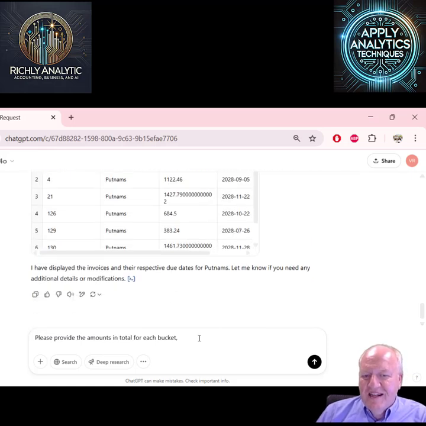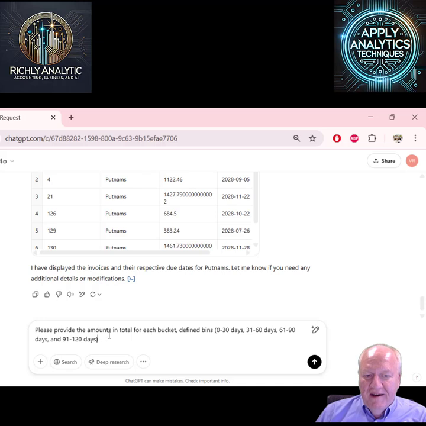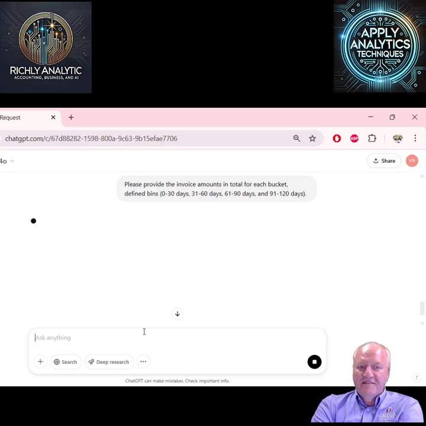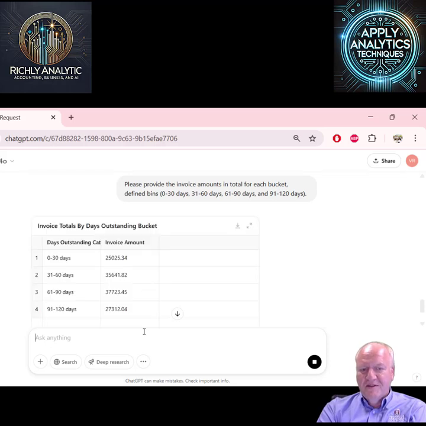But now I'm interested in the amounts, the total invoice amount. And so let's go ahead and say provide the invoice amount in total for each bucket and see how it does there. So now instead of a frequency, it's going to provide the total. And then a lot of times what accountants do is they go and multiply that by some percent that they've experimented with and try to get an allowance for doubtful accounts.